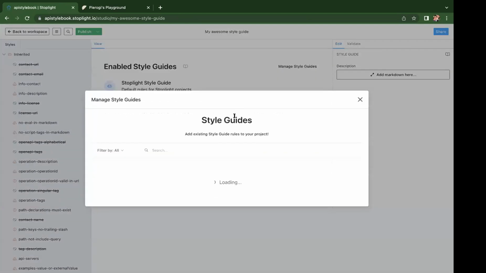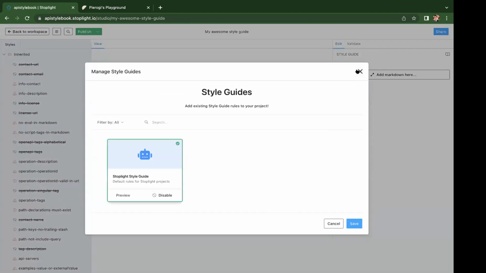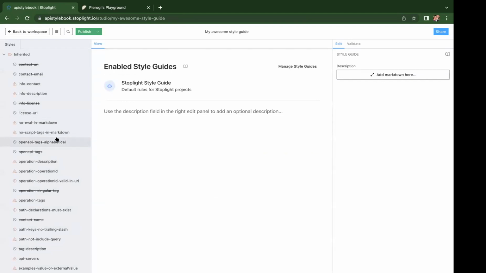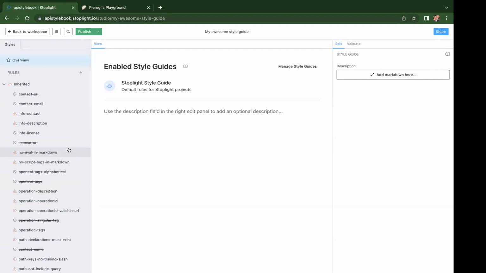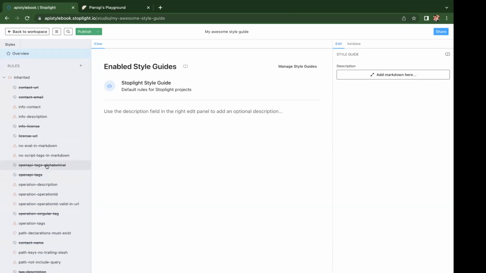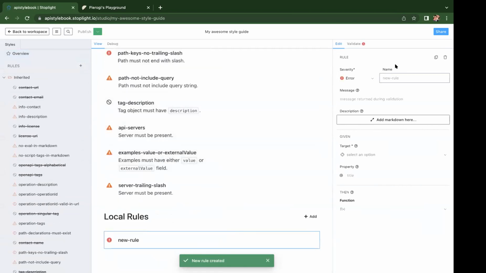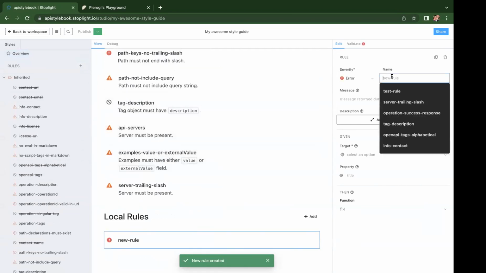It's enabled by default, and you can either choose to use it completely or change it around. But what you're primarily looking to do is get started with these standards that are already given by Stoplight, but also create your own rules. So let's say I want to create a new rule. Then what kind of rules do I want to create?